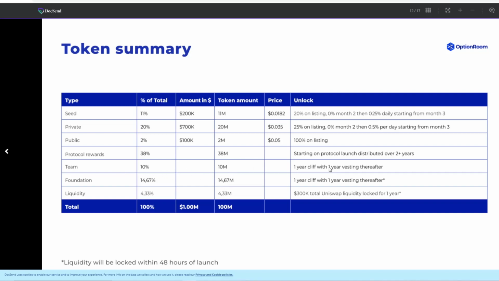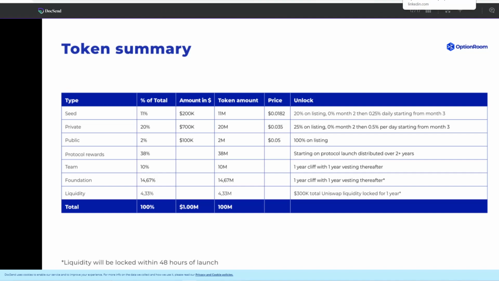Team tokens: 1 year cliff, 1 year vesting. Good. Protocol rewards distributed, foundation 1 year cliff. Okay, good. Here, liquidity, 300K total. It's good to make sure that if they say it's 300K, I would definitely ask to ensure that it's added to liquidity and it's locked for a year. It's good to ask, once it's locked, is it locked with Unicrypt? Is it locked with